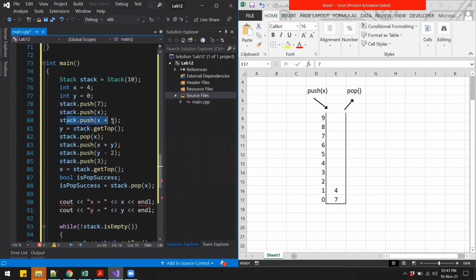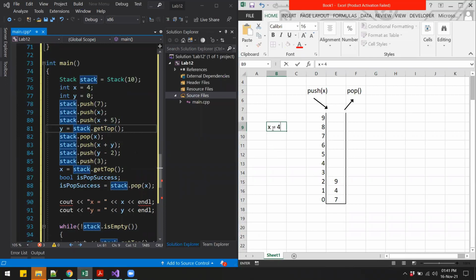Then we are pushing x plus 5, so x is 4 and 4 plus 5 is 9, so we have 9. Then we are assigning the top value of this stack to the variable y. So if I call the getTop function, then that is going to give us the topmost value. So in our case it is 9.